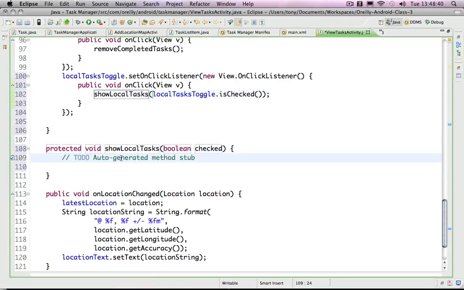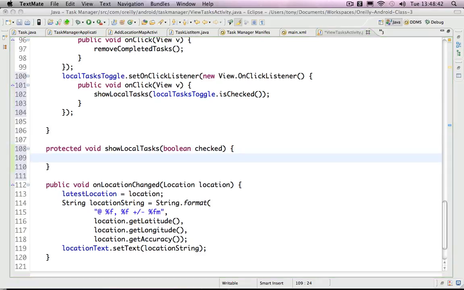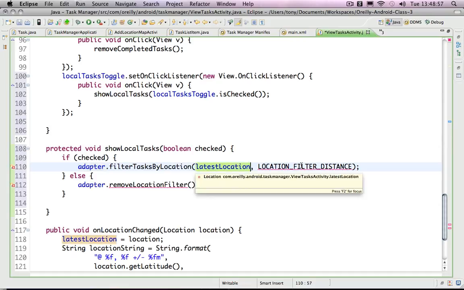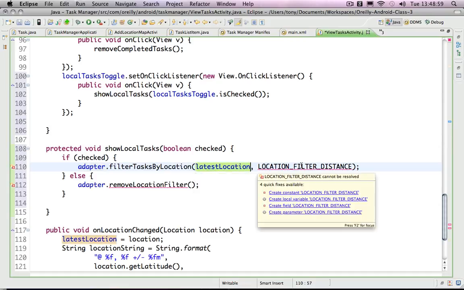I'll just leave that right here. And that will look like this. Let's just paste in some code here. Let's do it like this. So if it's checked, we're going to tell the adapter to filter tasks by the location and pass in the latest location. And then we will give it a concept of a filter distance,